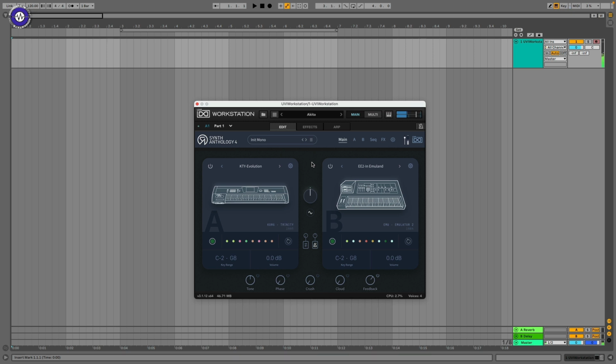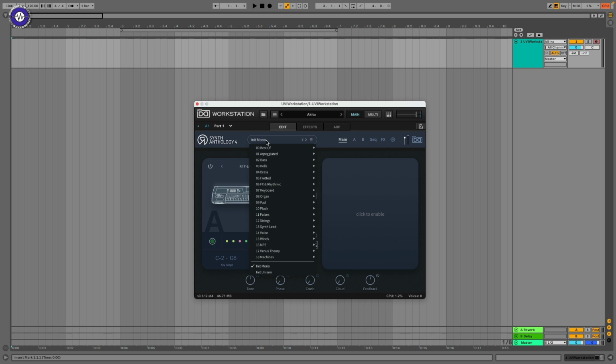Now we have a lovely complex pad sound, and you can do key range stuff, so you can create splits, but if you want a nice big sound, you're probably just going to want to layer it up like I have there. So another way that you can explore the library of classic synth sounds on offer is to go into